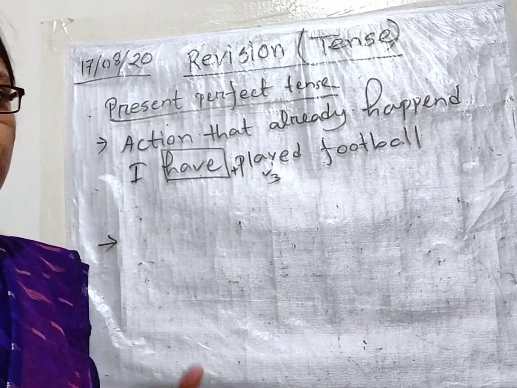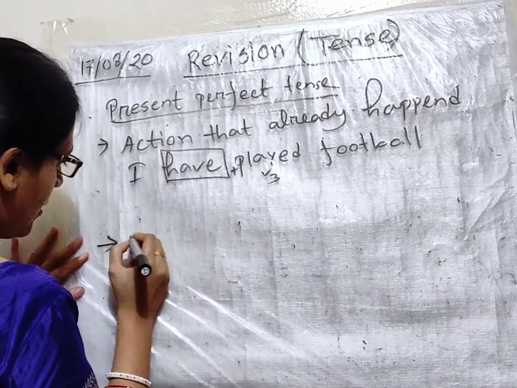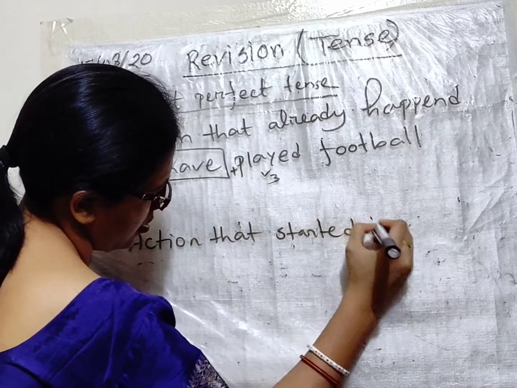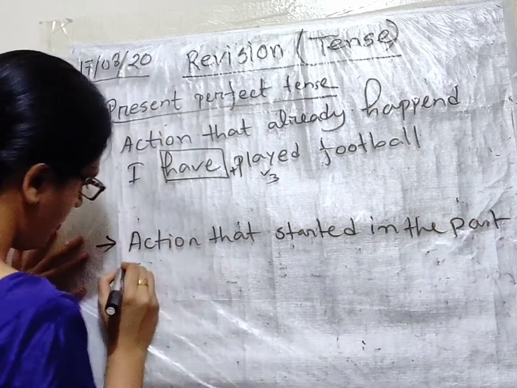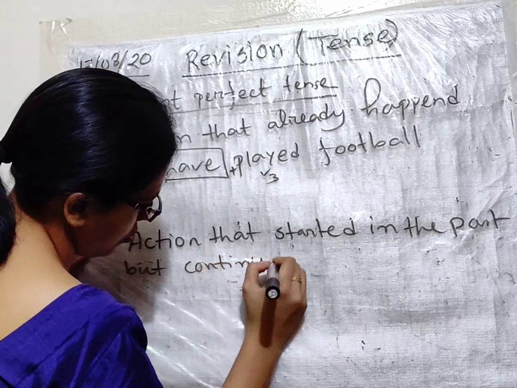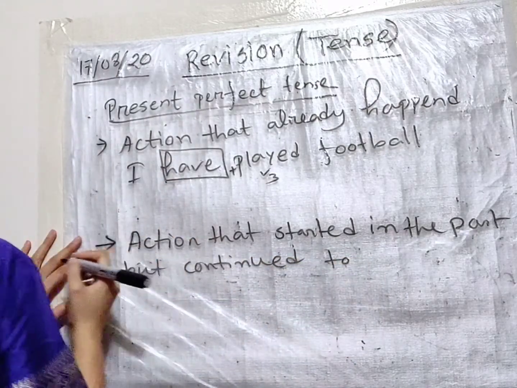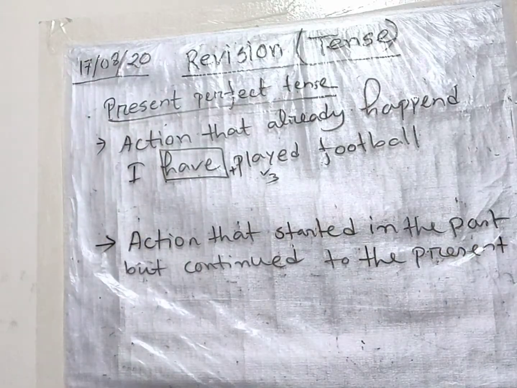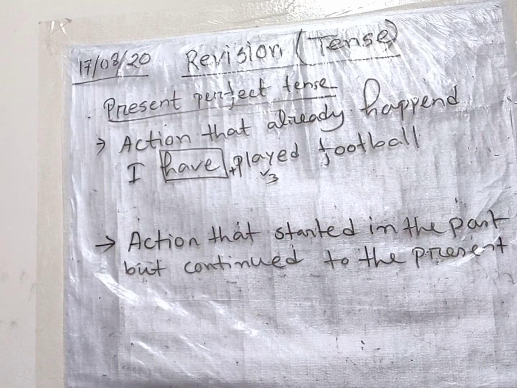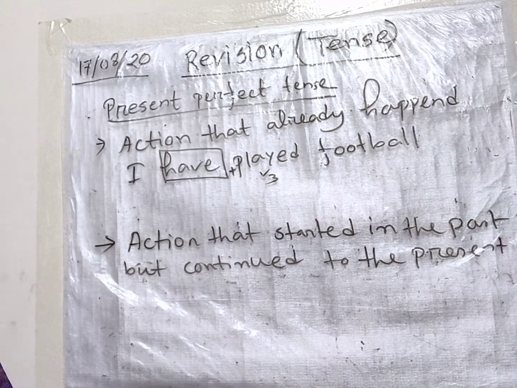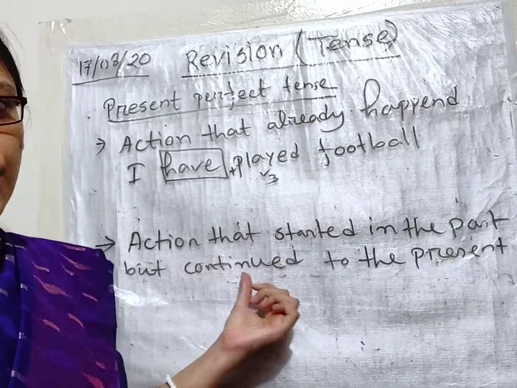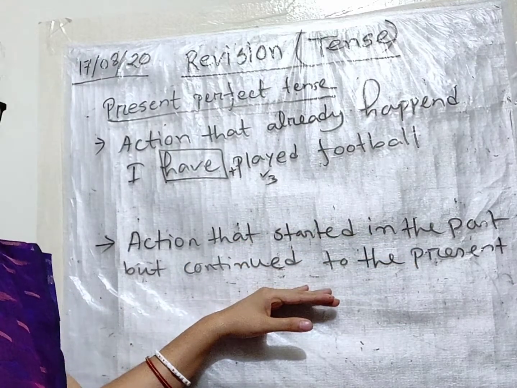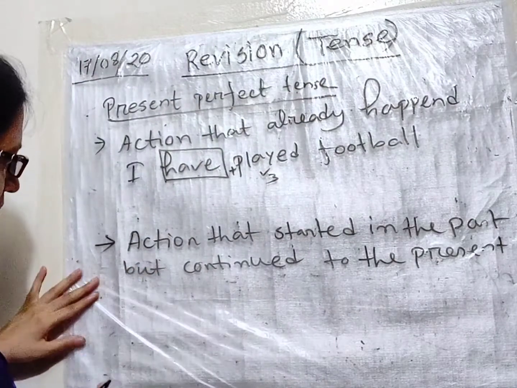present perfect tense is also used for another thing, that is, an action that started in the past but continued to the present. Action that started in the past and continued to the present. For expressing this type of action, we will use present perfect tense. How? Let's see. For example,